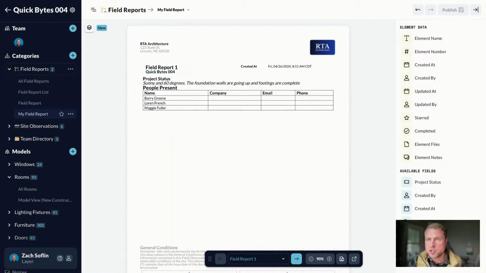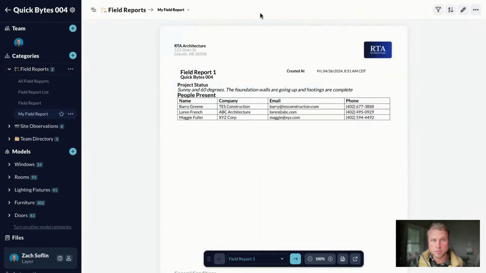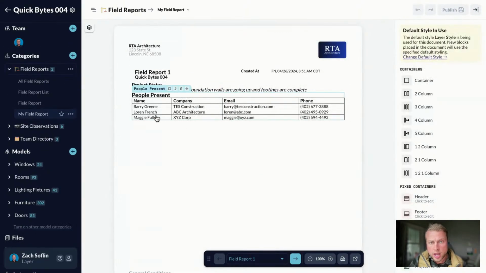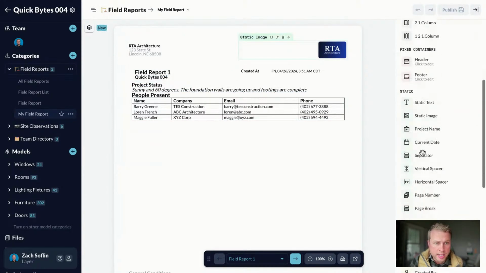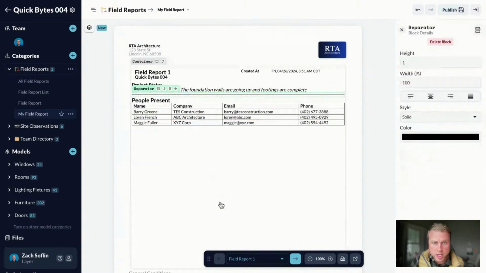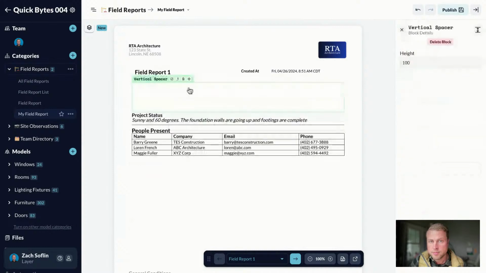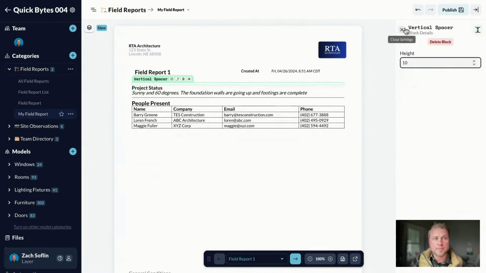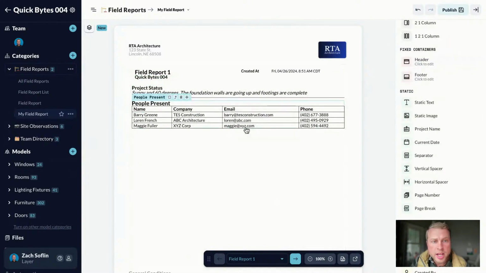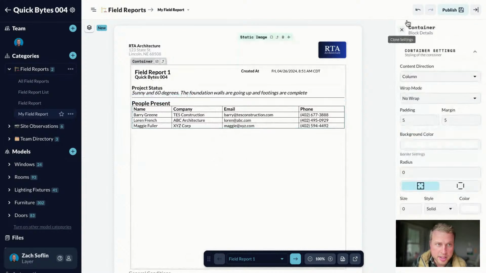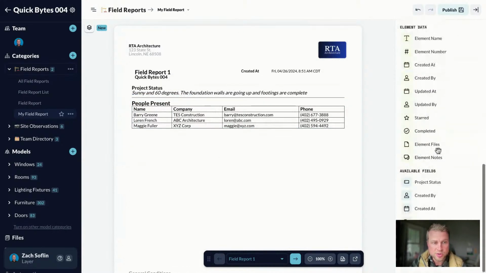I'm going to publish to save it quickly. All right, so now we have the people present on site, we have our project status, and I'm going to add a separator between these lines so that we have a little bit of vertical space. All right, cool. Okay, so now with the people present on site, right below that, we're going to essentially document